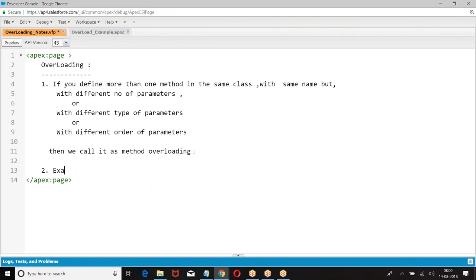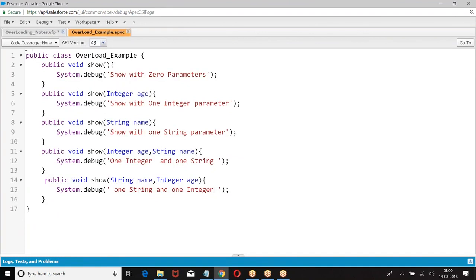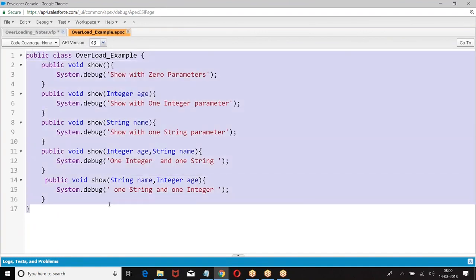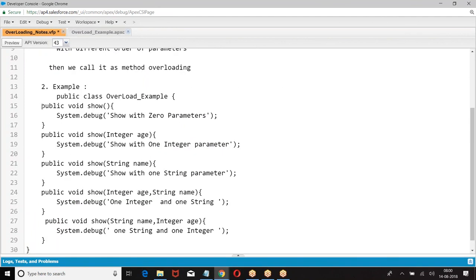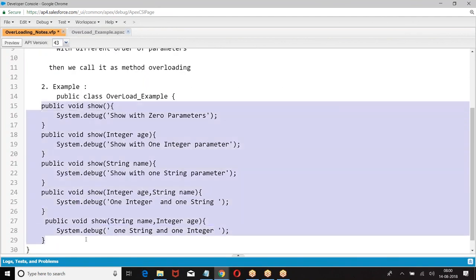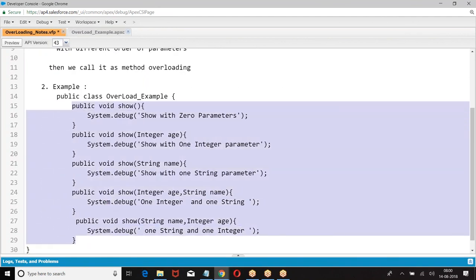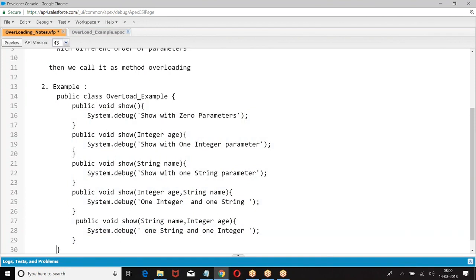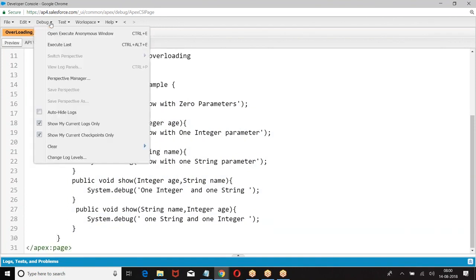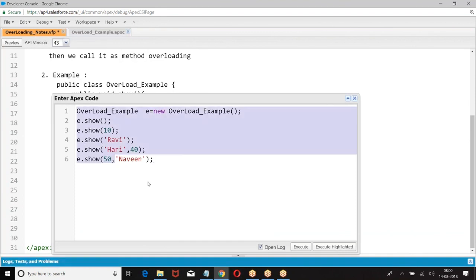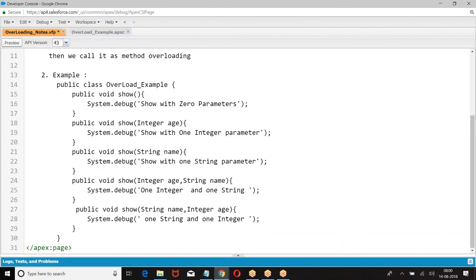Let me define an example. Everyone has followed this, the concept is clear for everyone. The use cases with respect to our functionality we will be learning down the line. We're just trying to hit all the topics which we are going to use in Apex programming. With respect to our Salesforce programming, what are the topics that we are going to use? I'm just touching every topic for awareness.